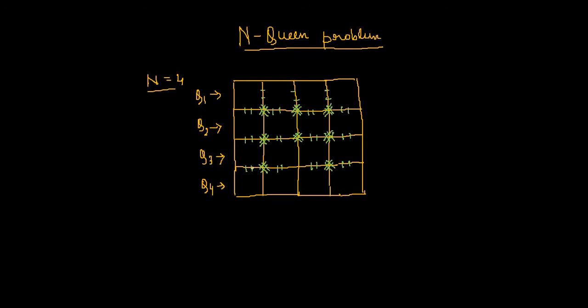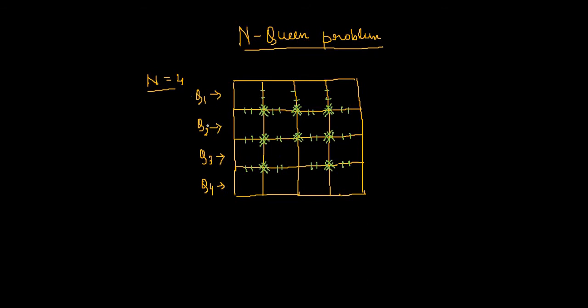And I also have a door over here, which means rooms are visible throughout their columns in every wing. Similarly, rooms are visible throughout their rows in a particular wing. Similarly, rooms are visible on the principal diagonal as well as the other diagonal. Right. Now, the problem is that